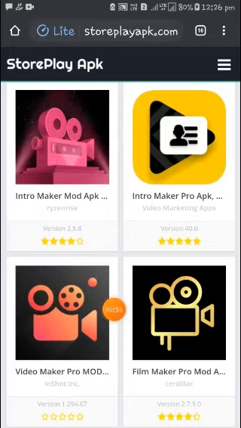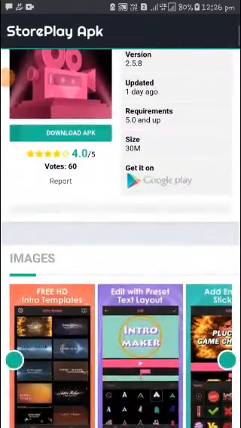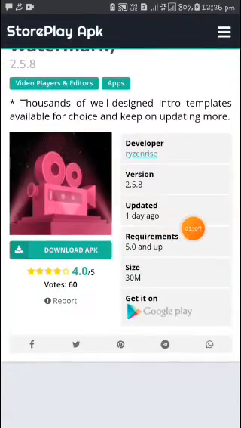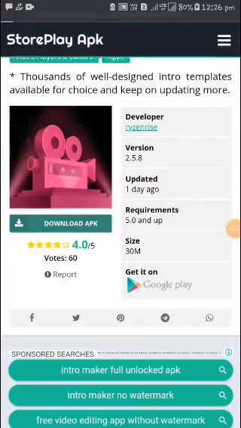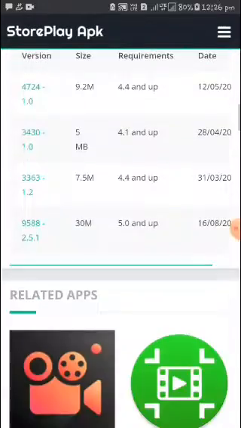As in the before video I have shown you how to edit your videos. And guys, as you click on that, it takes some time, and you get a download apk button. Click on download apk, guys. One minute, guys. Yes guys, download apk. It's downloading. It goes to a website, scroll down,